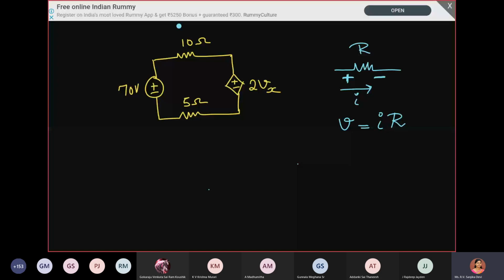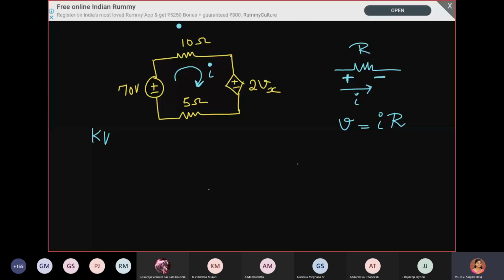Now this concept we will apply for this particular loop also. In a loop, we know that the current flowing through a loop will always be the same. If you are considering a loop, we can see that all the elements are connected in series, so the same current flows through all the elements. That is a fundamental of the series connection. All the elements are in series, so the same current flows through them, which we can take as I. Now with this, we are going to write the KVL equation.